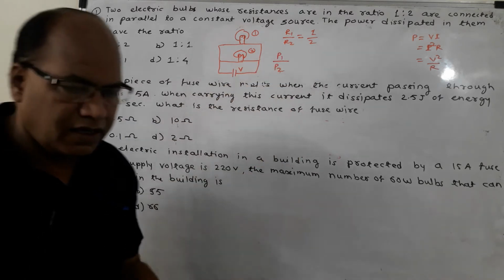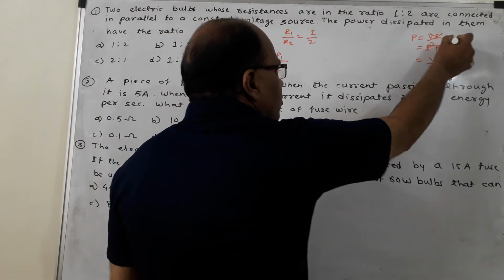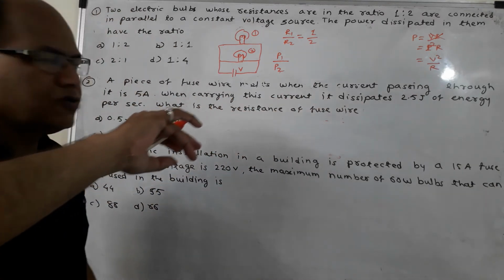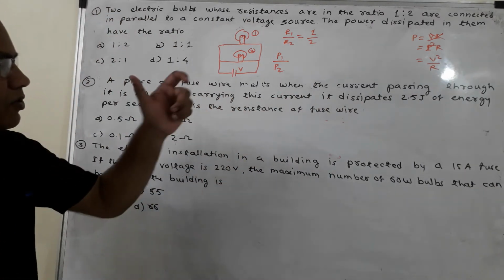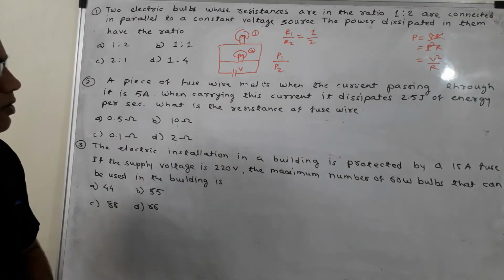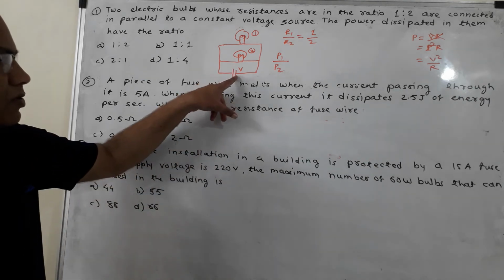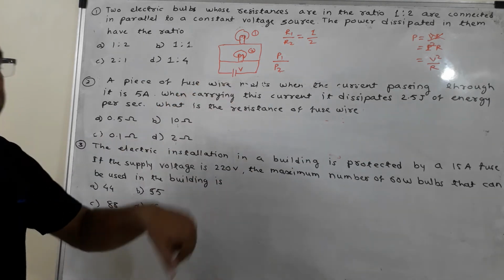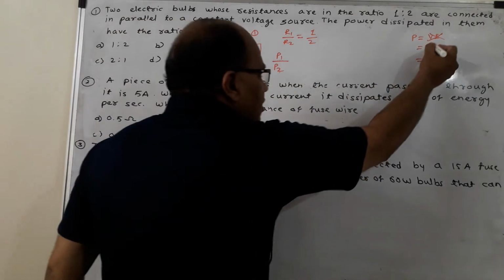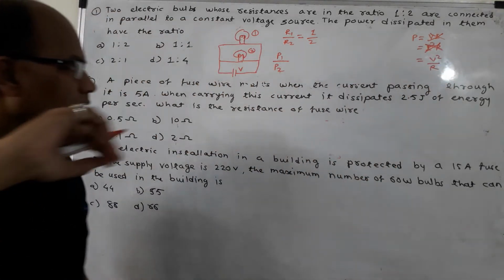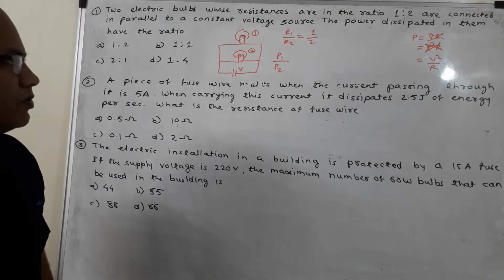Here they have given the ratio of the resistances. It simply means that the first formula, which does not contain resistance, should be rejected, and of the remaining two, one is to be used. But again, it is a constant voltage source, so V is given along with the R, and that is why the second formula is also to be rejected. And the third formula is to be used.